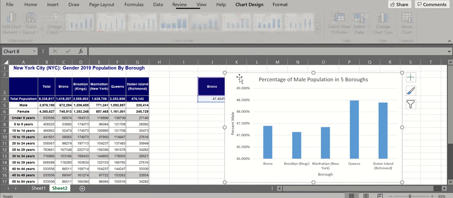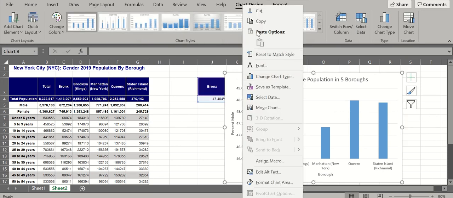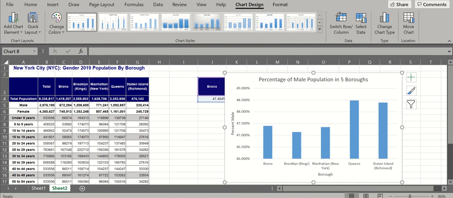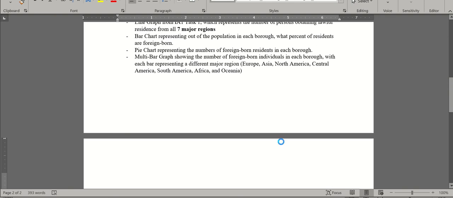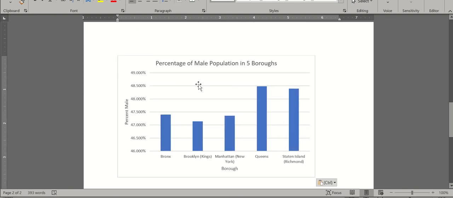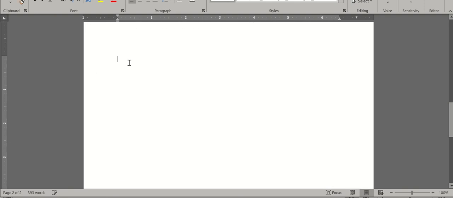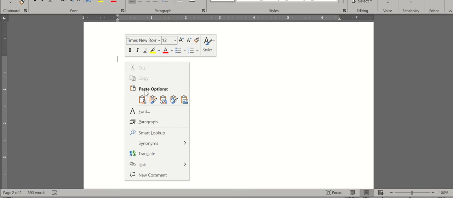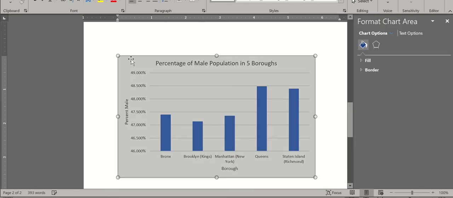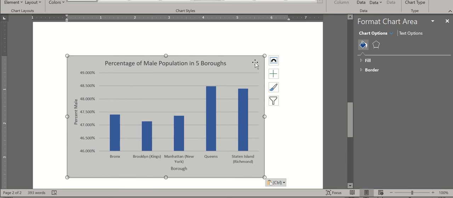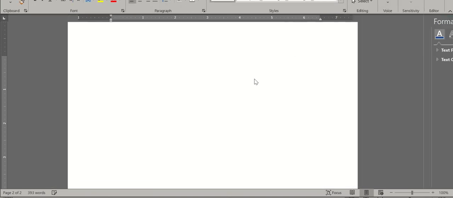right? So you just click in a white area, right click, copy, right? You'll copy and paste this into that Word document that you're gonna be creating for me, right? So right here, just paste it. I right clicked, I did Control V, but you could just right click, paste, and paste that, right? Because remember, you're gonna have to talk about it, and then you're gonna have to include 2 out of the 4 into the speech. So that's how you would